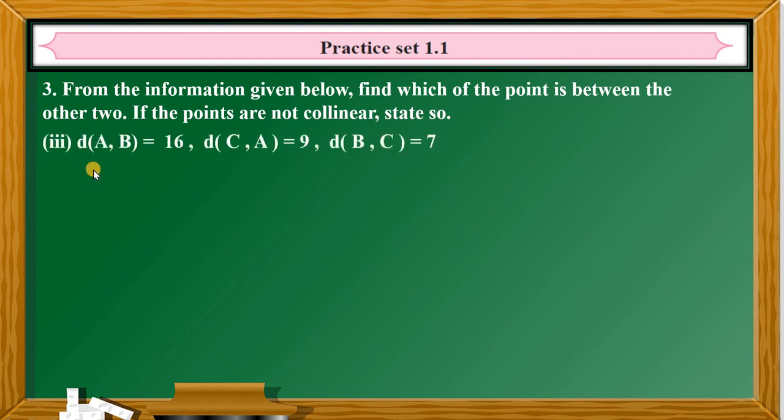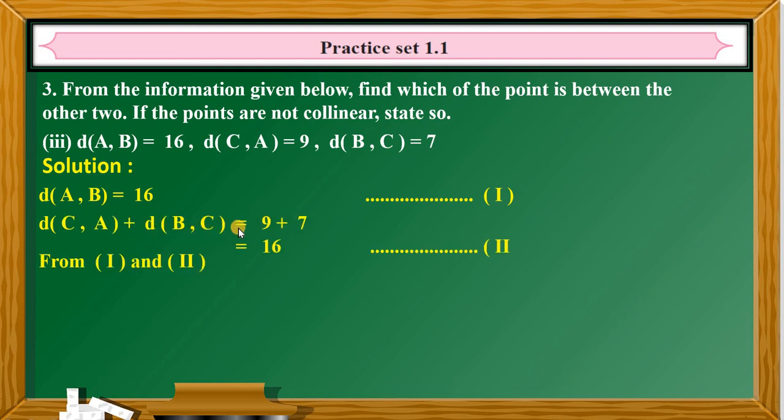We go to the next sum, that is the third sum. Now by now you must have understood what we have to take first. For the solution, we are going to start with the greatest distance and number it as 1. So I take distance AB, number it as 1. What will come in the next step? The sum of the remaining 2 distances, that is distance CA plus distance BC. Let's write this step. So this is equal to 9 plus 7 equal to 16. We have numbered this as 2.